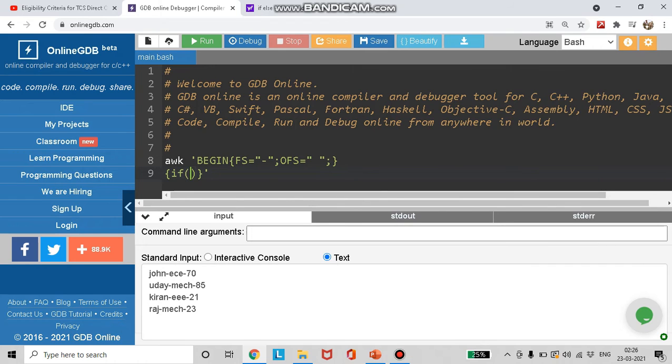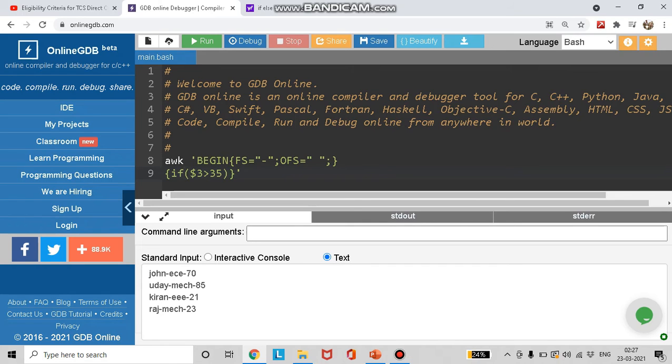The condition is the marks should be greater than 35. Which one over here is the mark? This one, right? This is the third field. How do we represent the third field in awk? We represent it by typing $3. If $3 is greater than 35.